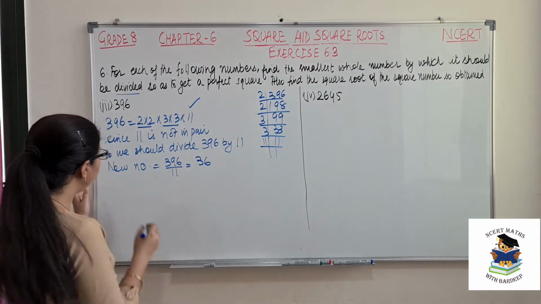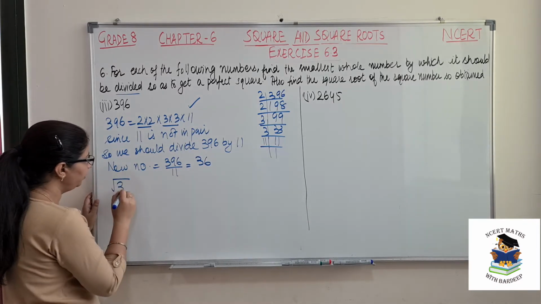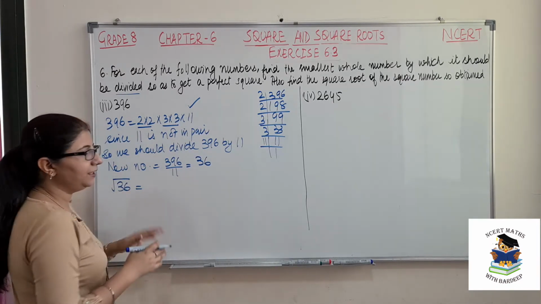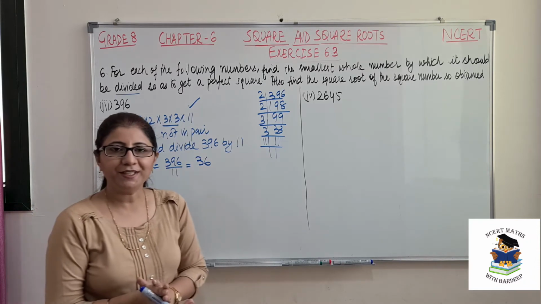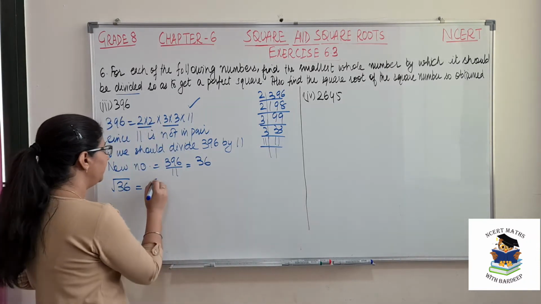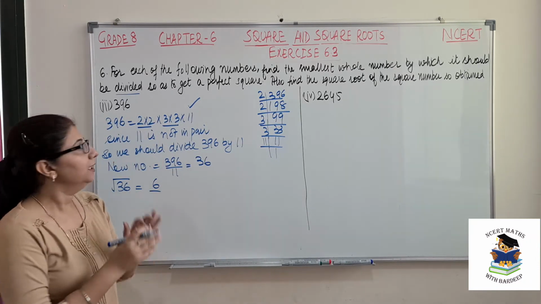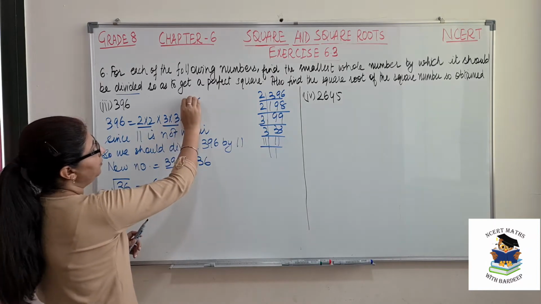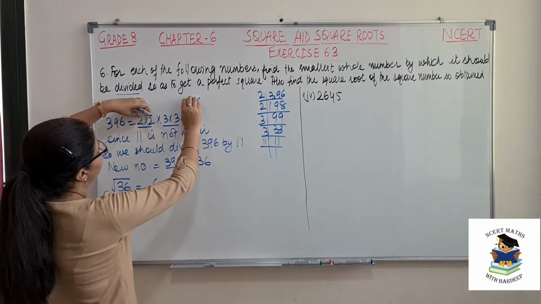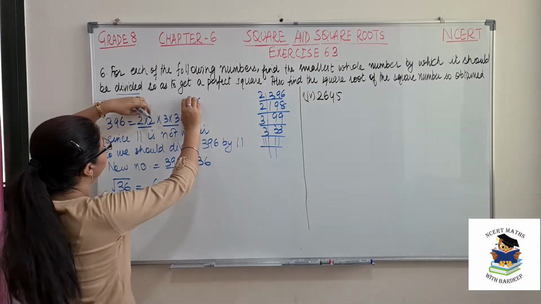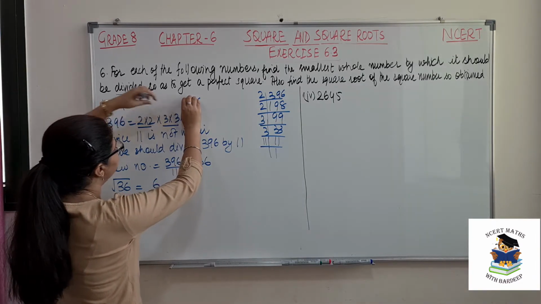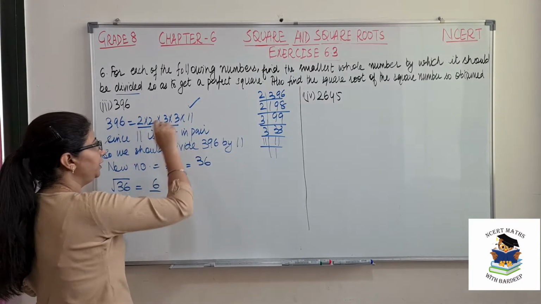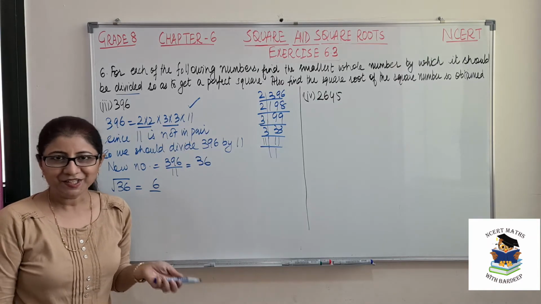Okay, and when you need to find the square root of 36, first thing is, you already know that square root of 36 is 6. Since this number is simple, you can directly write it. Otherwise, see, this is already eliminated. According to the square root method, this is in pair, this is in pair. So what will be our answer? 2 into 3, that is again 6.